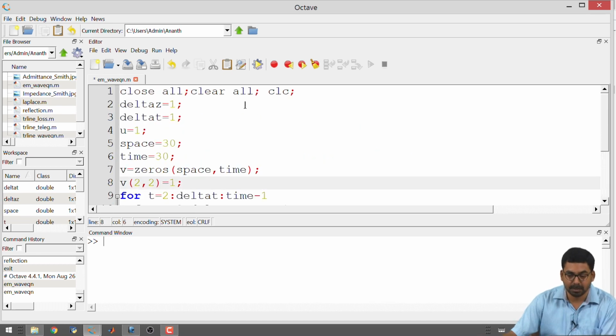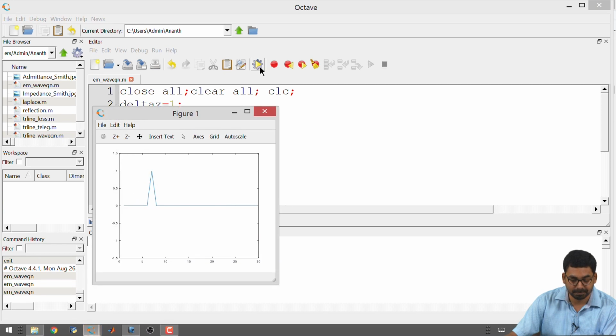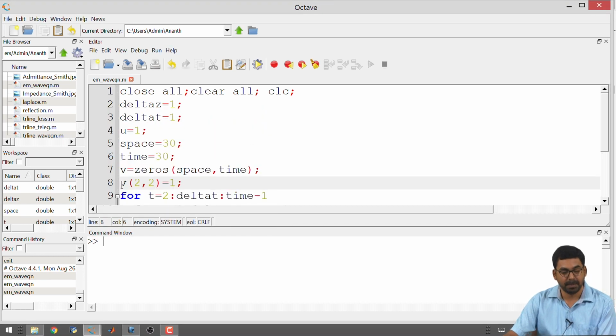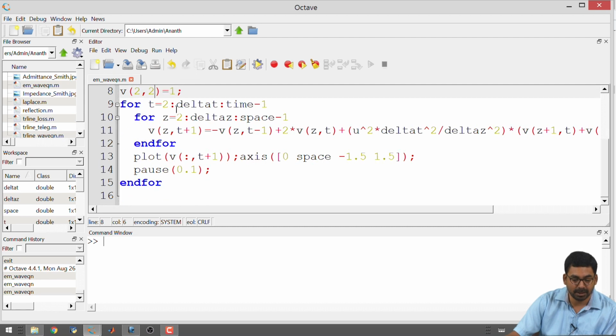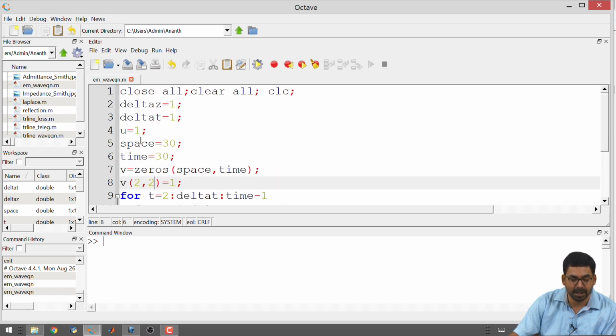Start with an impulse because that is easier to explain. I just made the source at a particular instant of time equal to 1, and then I have the loops over here, and this is for the transmission line where we are calculating the voltage. All we now need to do for this program is change some parameters.